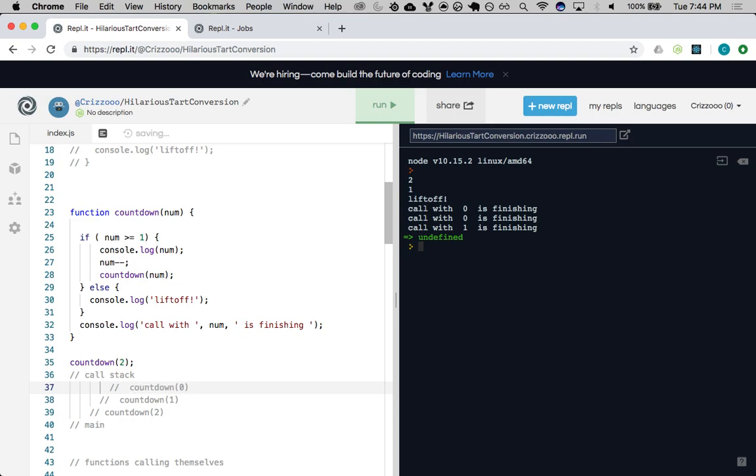And when we call it with 0, what gets logged out? Liftoff. And then what? So in the call to 0, we log out liftoff. Is the function done yet? Yeah, so in the function with 0, it logs out liftoff, and then it says, hey, my number was 0,